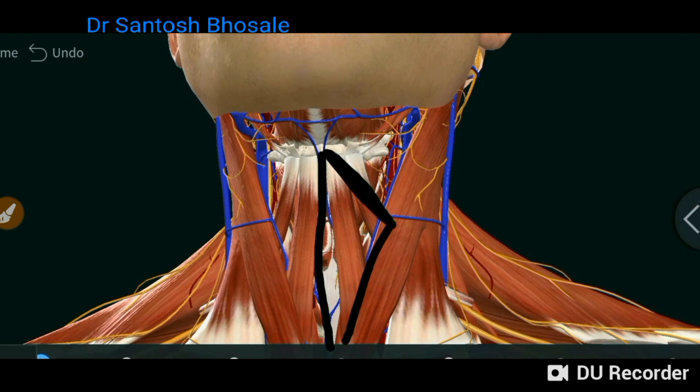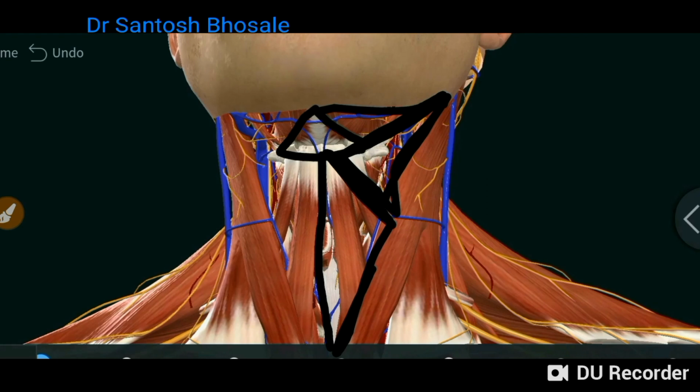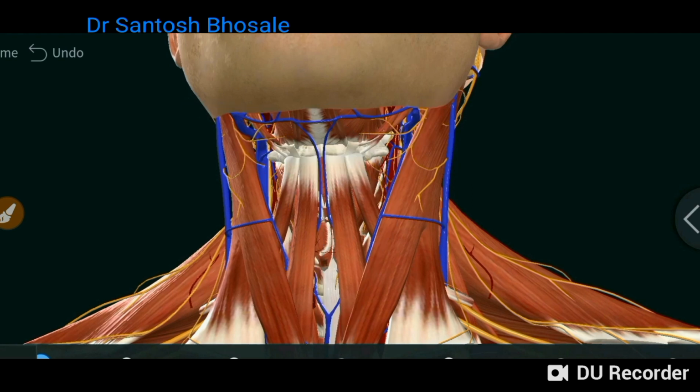And here you can make out the boundaries of the muscular triangle: anteriorly by the anteromedian line of neck, antero-superiorly the superior belly of omohyoid, antero-inferiorly the anterior border of sternocleidomastoid. That is the carotid triangle, digastric, and this is submental. So you can see 3.5 triangles on one side. Broadly this anterior triangle contains 7 triangles. And I told you, for descriptive purposes we divide it into 2 sides, right and left,